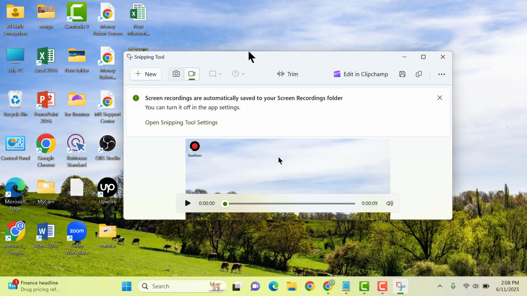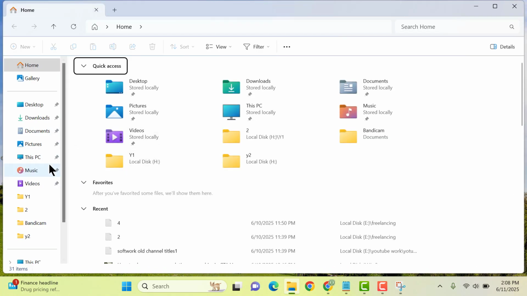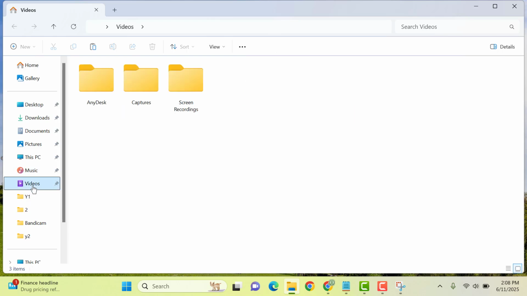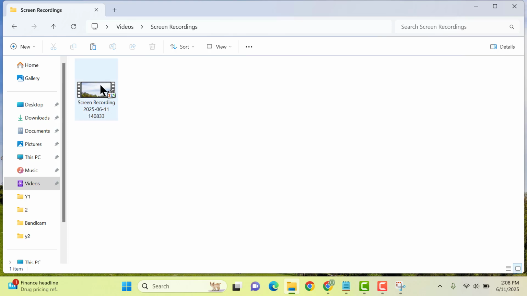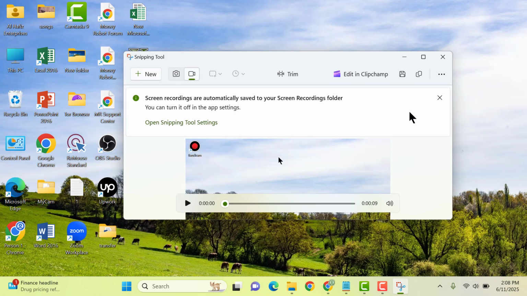and now where you can find out your recordings. So let me go back here, and after that you need to go in videos folder, then go to screen recordings, and after that here you can find out your screen recording. In this way you can easily record your PC screen using built-in screen capture